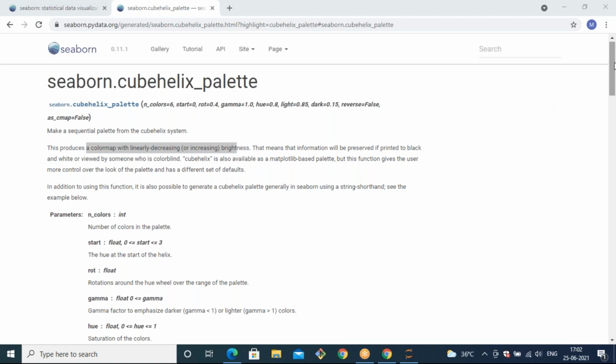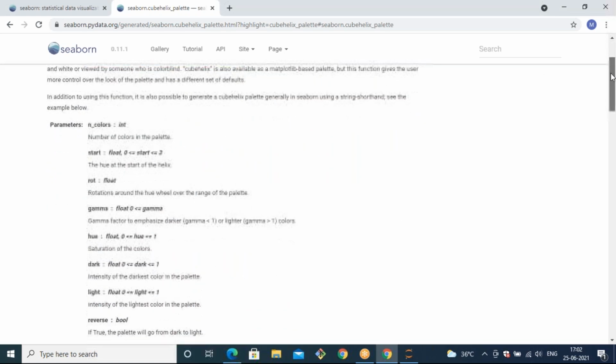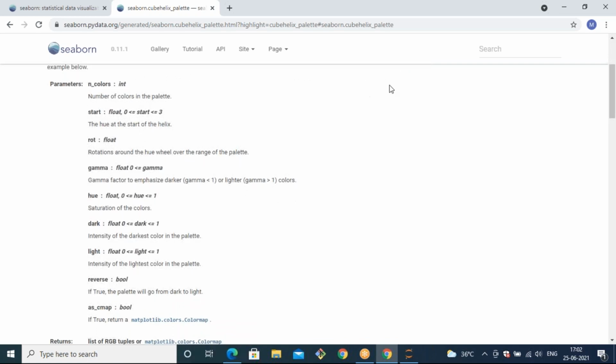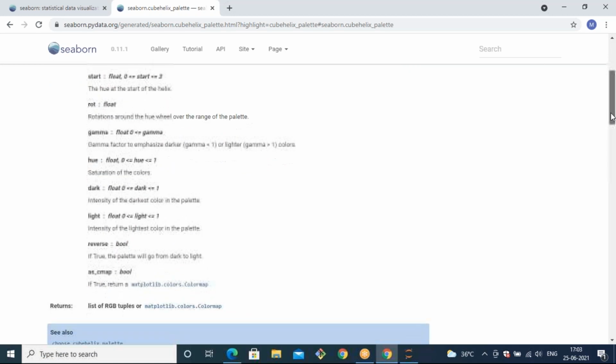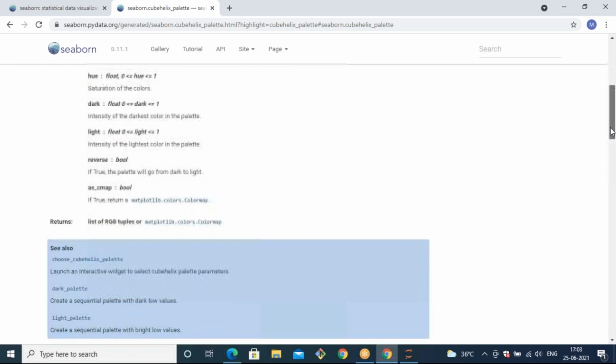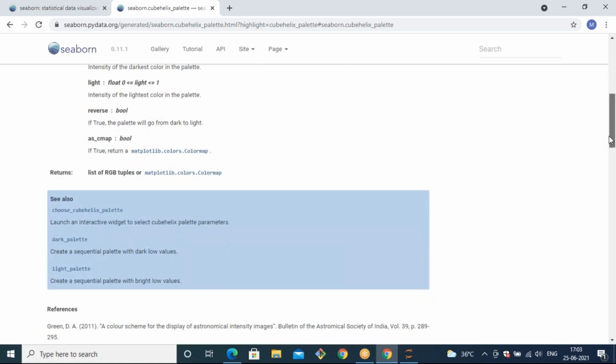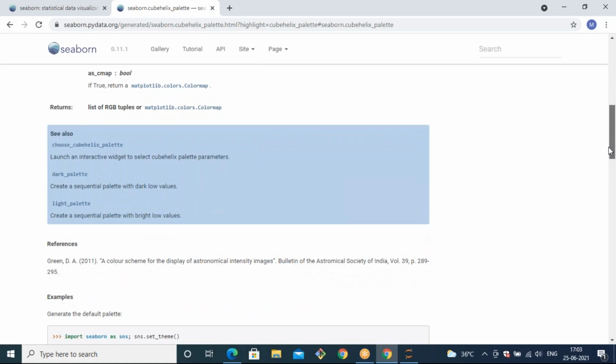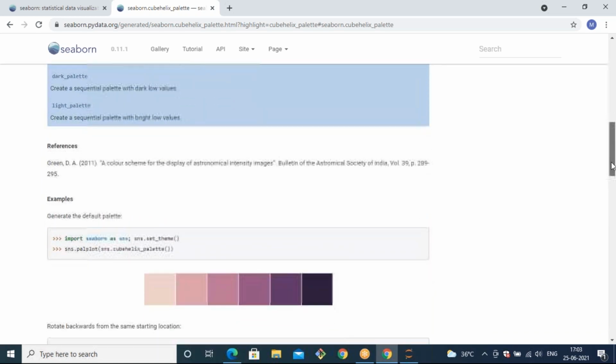Now let's see the parameters it can support, which we already saw yesterday. It can take a number of colors, and based on that it will automatically generate colors, and it takes a hue parameter. Based on that hue you can observe the intensity of the color palette, and we already applied reverse also. When you want to get the output in the reverse manner, you can use reverse.